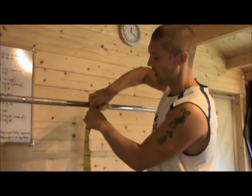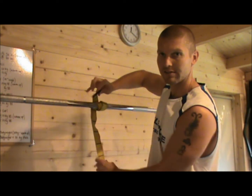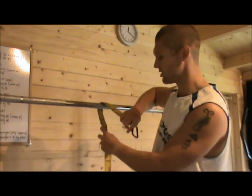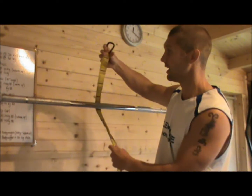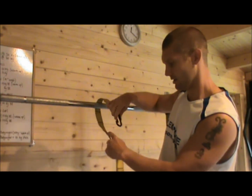So there's the easy way of doing it. Nice and simple, just put the whole band in. So obviously when you're disconnecting, you unclip the carabiner and slide it out. So if you're going to go for the second stage of doing it, using these loops halfway down or all the way along, depending on how long you want to make it, again you take the carabiner clip over the top,